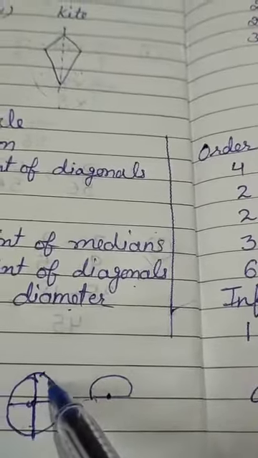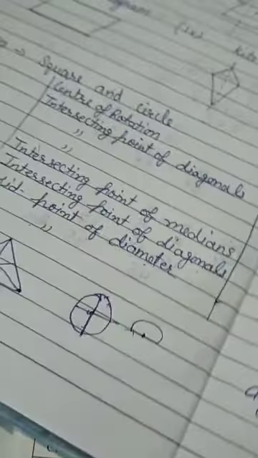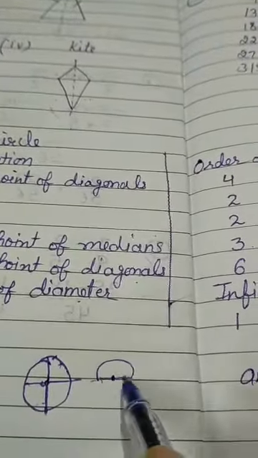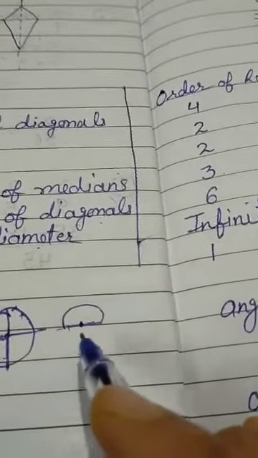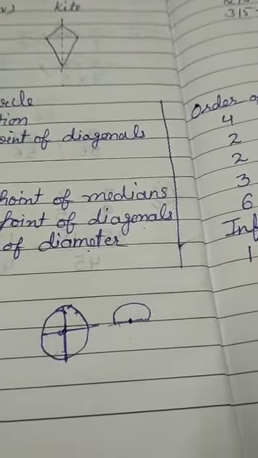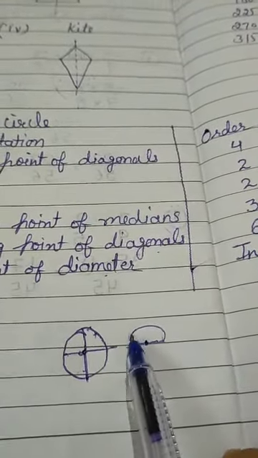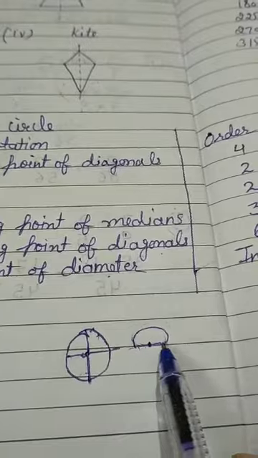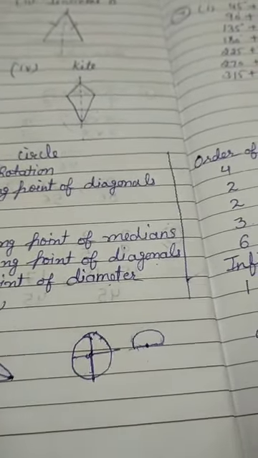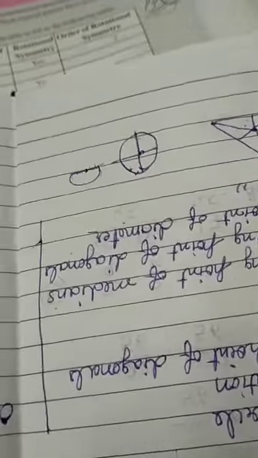Okay, because in a circle, from wherever you look, you will see the same figure of the circle every time, right? So infinite. And in a semicircle, only one. Look, this is the semicircle. If we rotate this semicircle, we have to find the order of rotation. Look at this. On the top there is a curved shape, and at the base there is a line. So let's check. On the top there should be the curved shape. Rotate it. No.